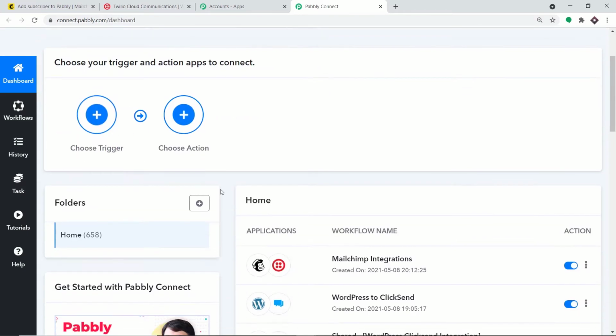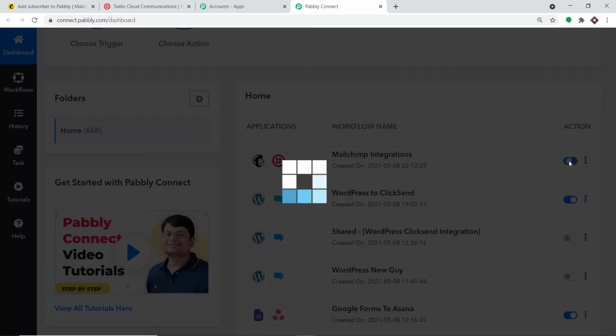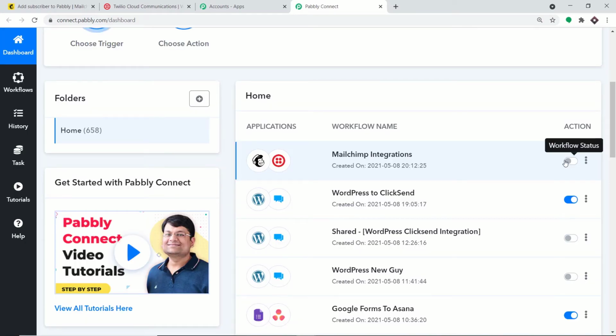Before I create a new workflow, there is something I have to do. As you can see, there is already a workflow that has integrated MailChimp and Twilio. That is why we got the SMS. So I'm going to switch off this workflow. Your obvious question is why I am switching it off. Well, the answer is very simple. We are going to create a new workflow, and if this old workflow runs in parallel, there will be the problem of duplication of results. Basically, the same SMS will be sent twice. That is why I have switched off this workflow.